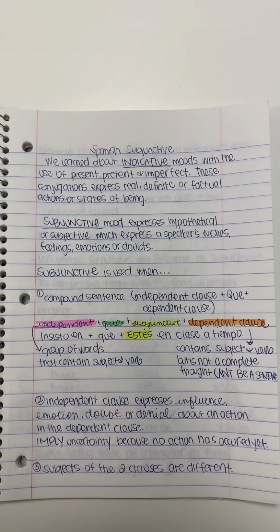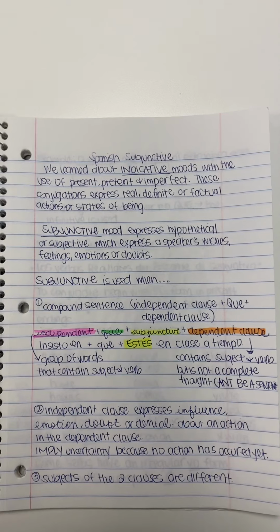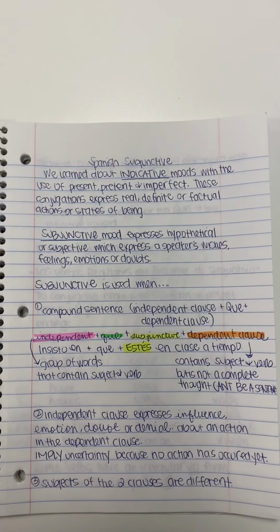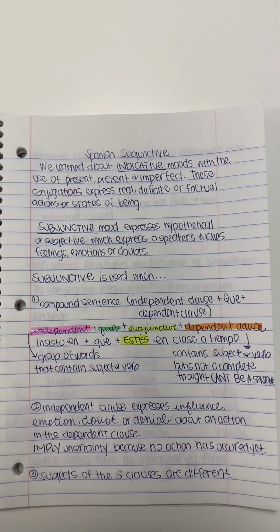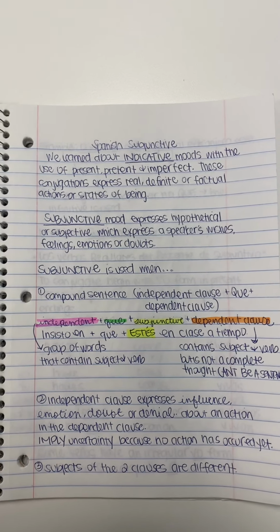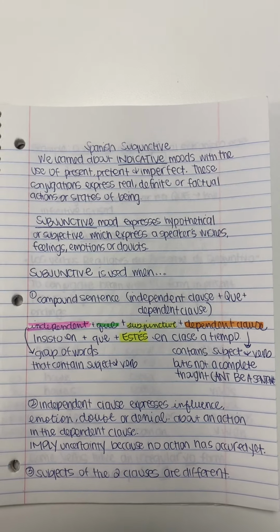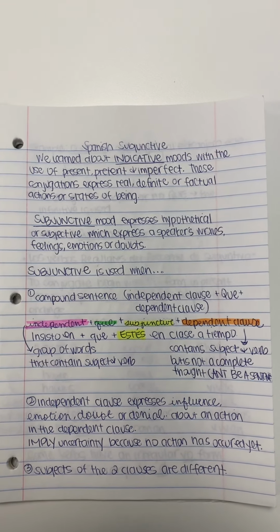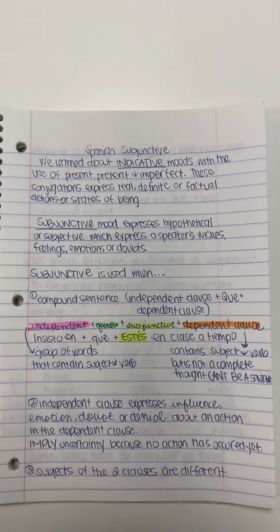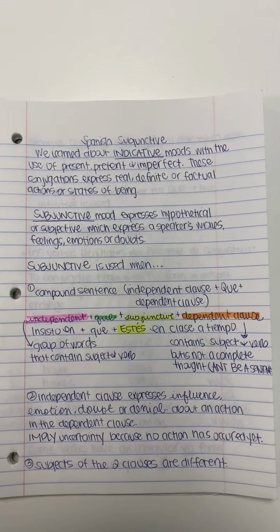So an independent clause is a group of words that contains a subject and verb and can stand on its own. So the sentence that the book provided us with was "Insisto en que estés en clase a tiempo." So we can see the "insisto en" can stand by itself, and then following that is the equation with que, and then the subjunctive, and then it's followed by the dependent clause. So that would be "estés en clase a tiempo." So that only contains a subject and verb, but it's not a complete thought,